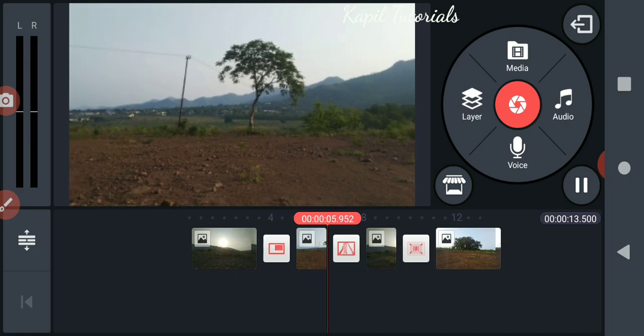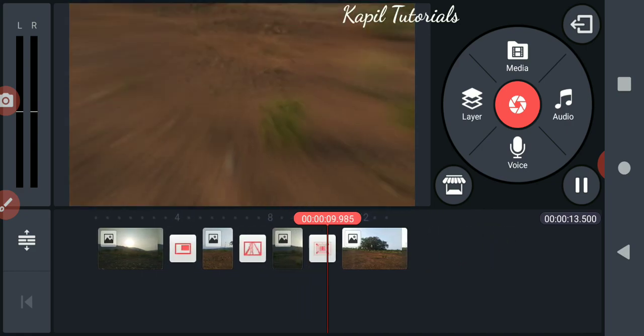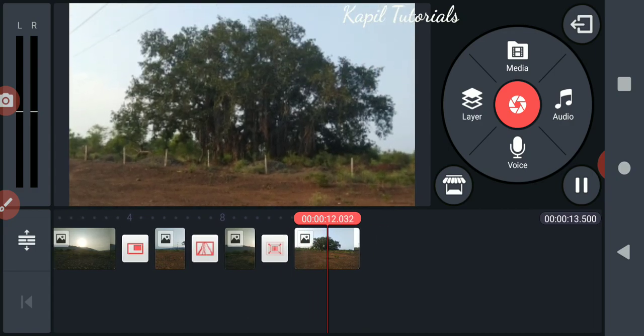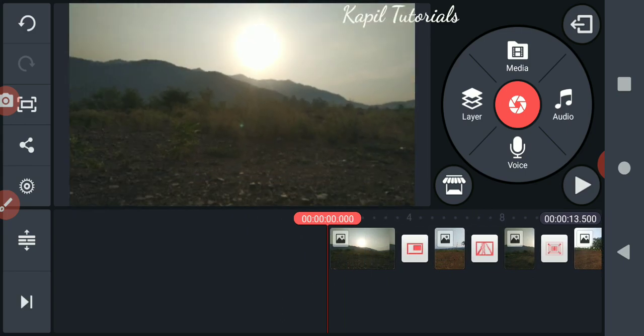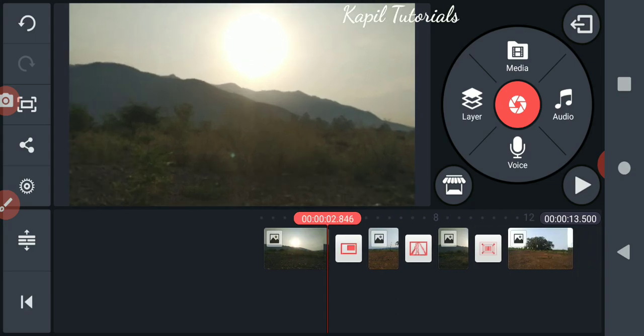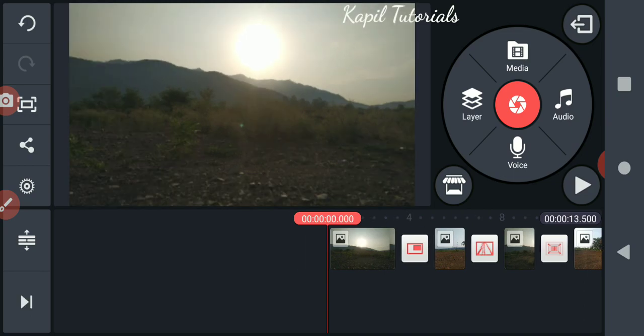These are the transition effects, lightning, and then the last effect. So I hope this is looking more interesting to you, and this is very handy. On your mobile you are doing all the editing, and your export quality will be of very high percentage, meaning clarity will be more.